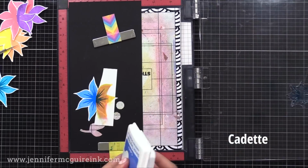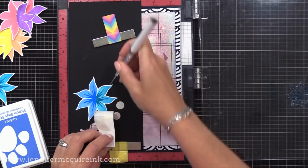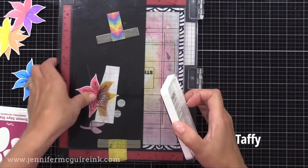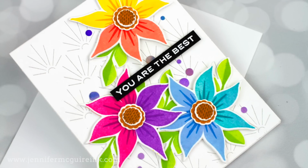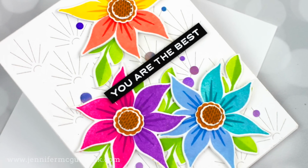So again, I'm doing two colors. I'm doing just a darker version of whatever color is stamped behind it. If you don't have an ink that is darker than your original color, you could instead maybe clear heat emboss here, which will make it look darker, or you could do white ink here, and it would make it look softer there. I wanted the leaves to have the same kind of look,